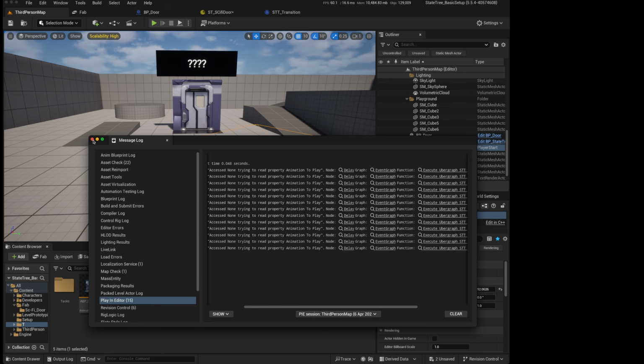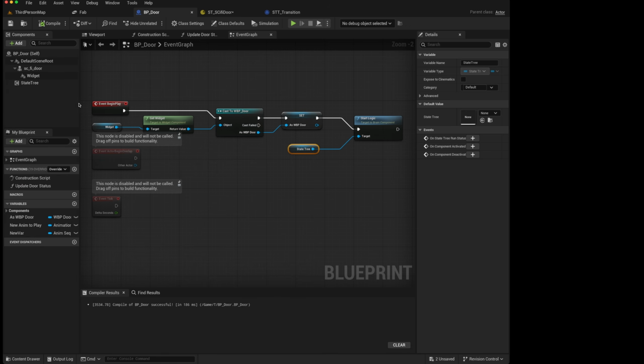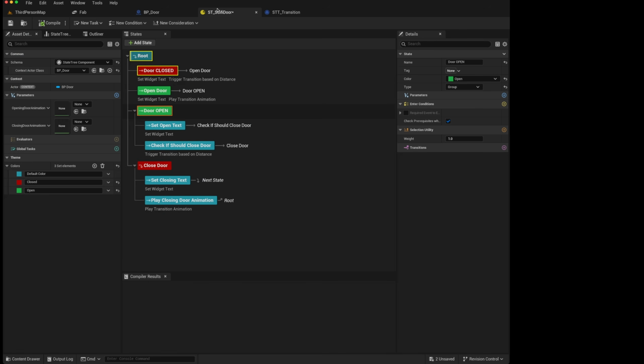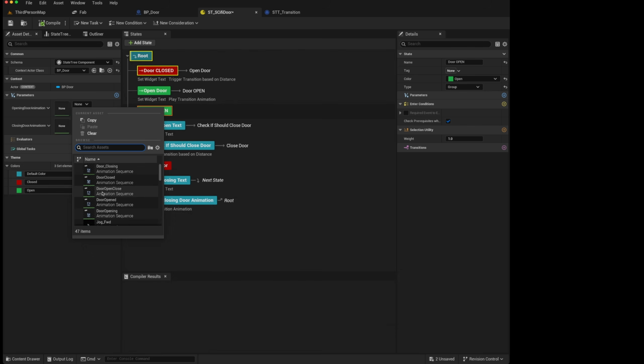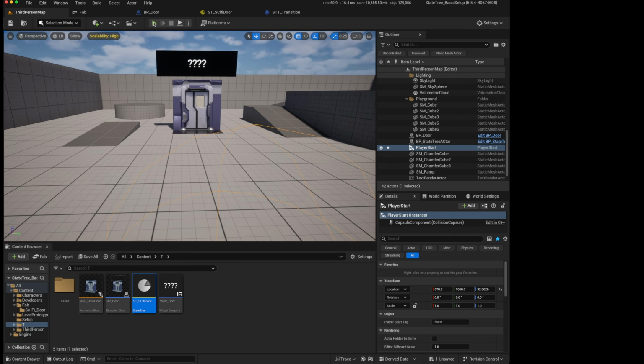So I think this is a bug in state trees as they stand, in that setting the parameters here does not seem to override the lack of parameters here. So if we actually set them over on this side, door opening, door closing, we compile, and we play,